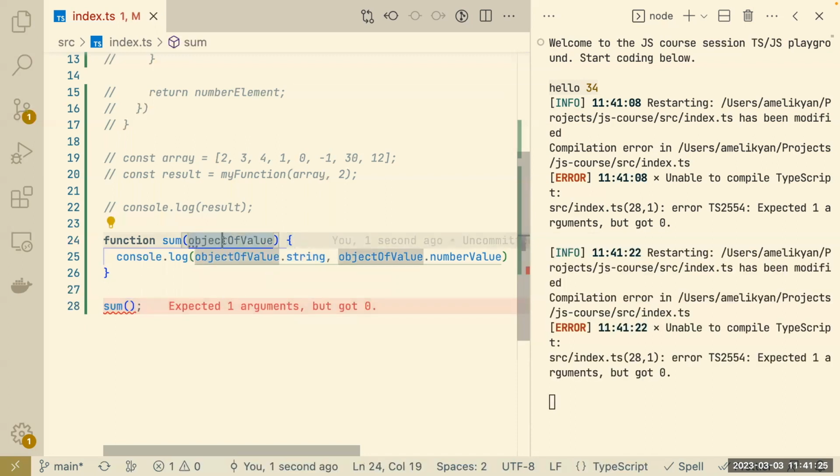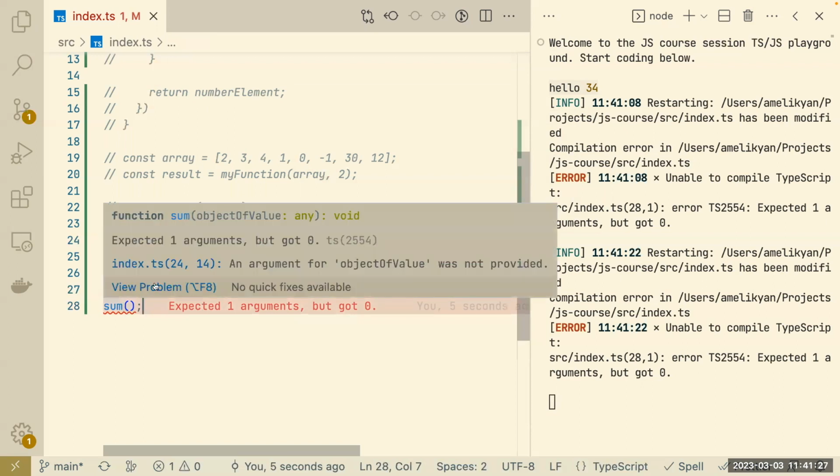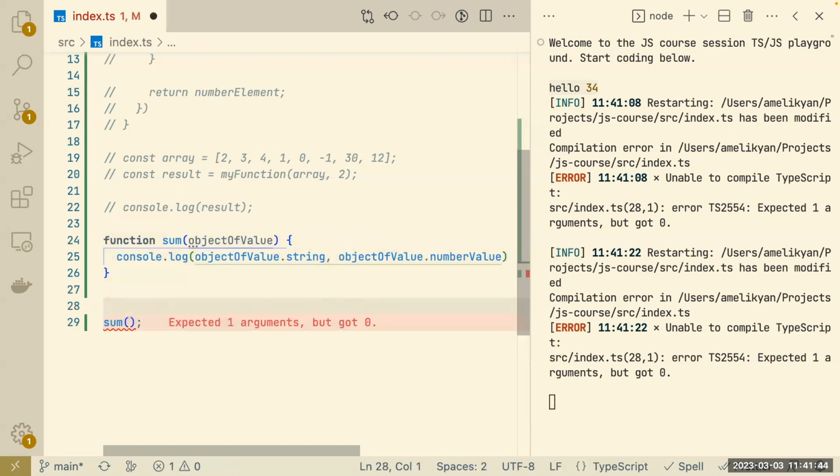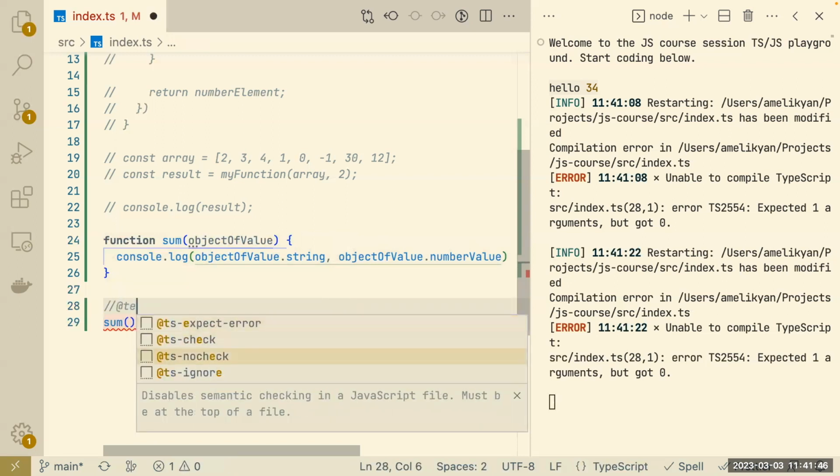Well, in this case, one argument exactly. As you can see, TypeScript gives me the warning. It says, hey, one argument is expected, but got 0. You might have some problems, and we have problems here. But in JavaScript, you can still do all this, and in that sense, there are no required